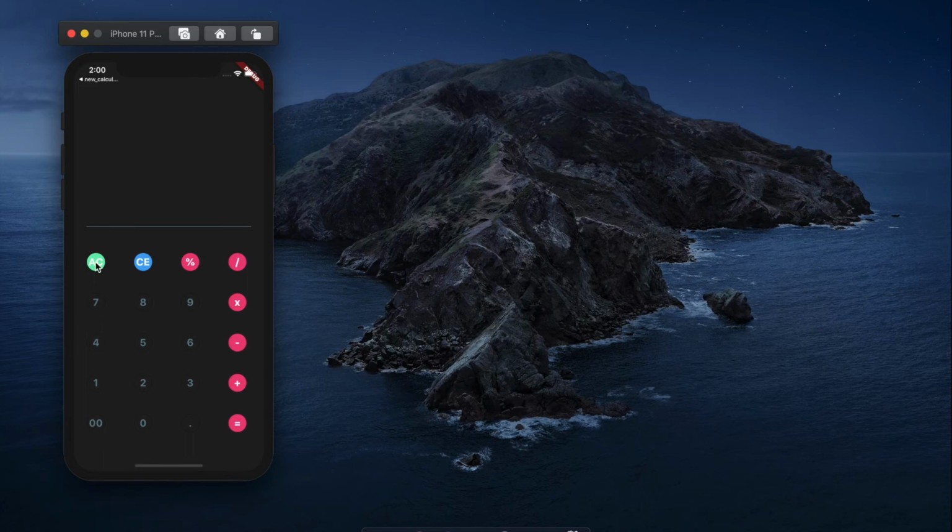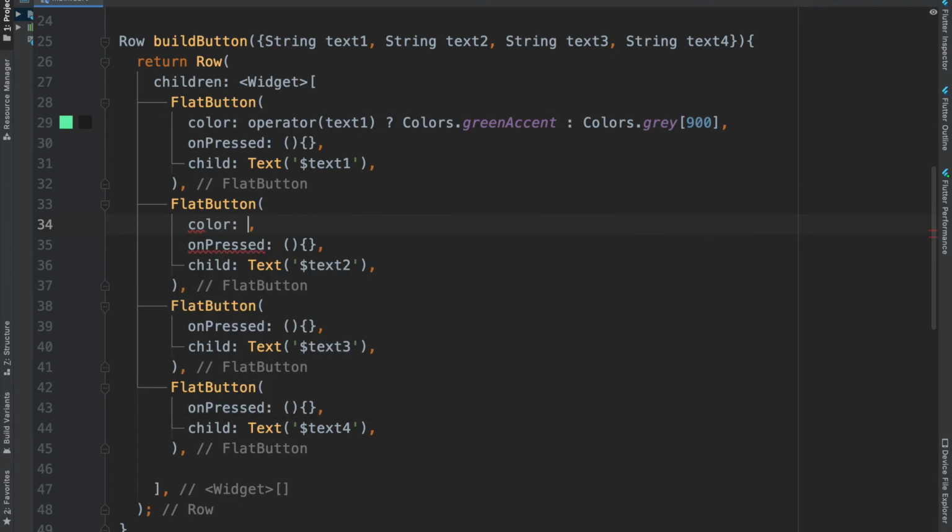If the string of this column is an operator, then it will have a green color, and if it is not an operator but a number, then it will just have the gray color. And I'll do the same for the second column. The fourth column here contains all the operators, so we will not have to add any logic in this particular column. So let's add it here.